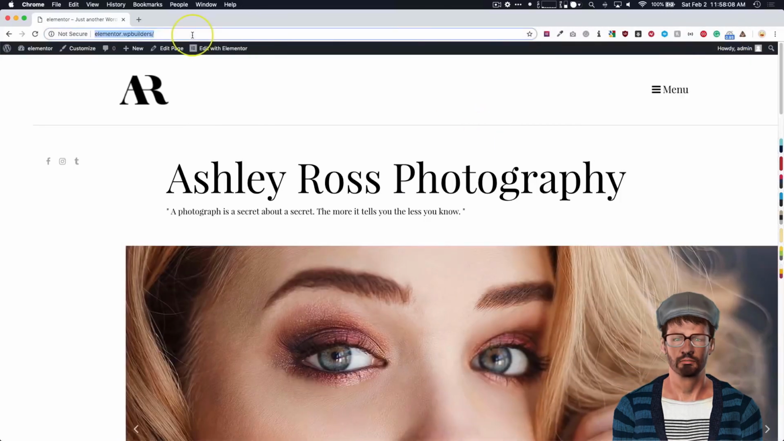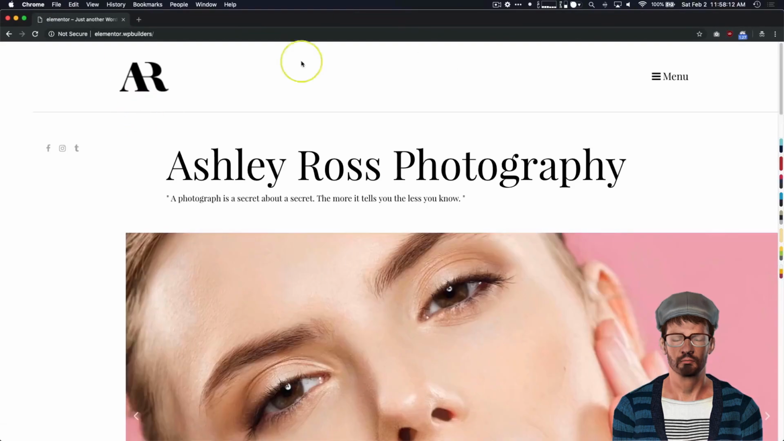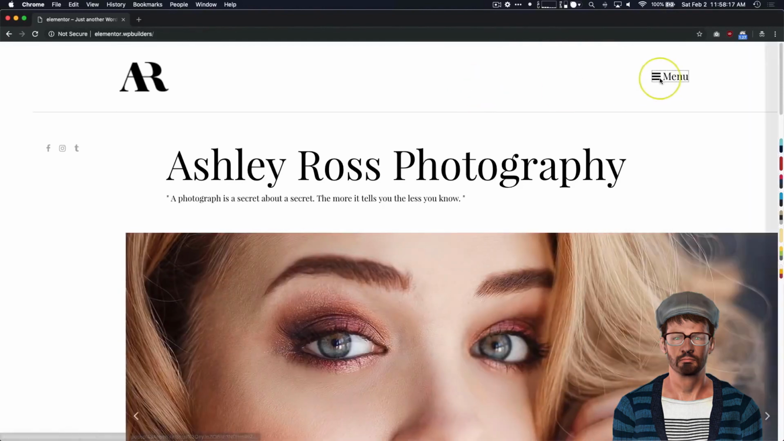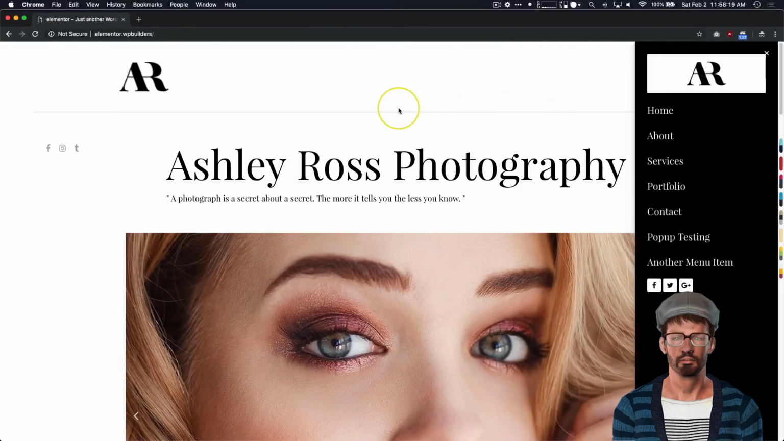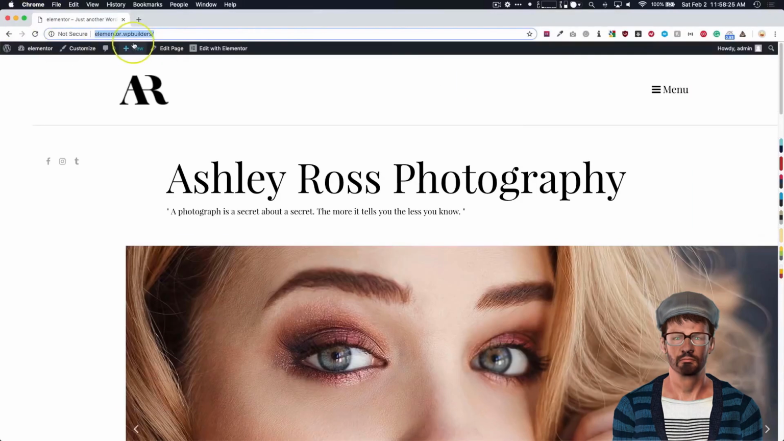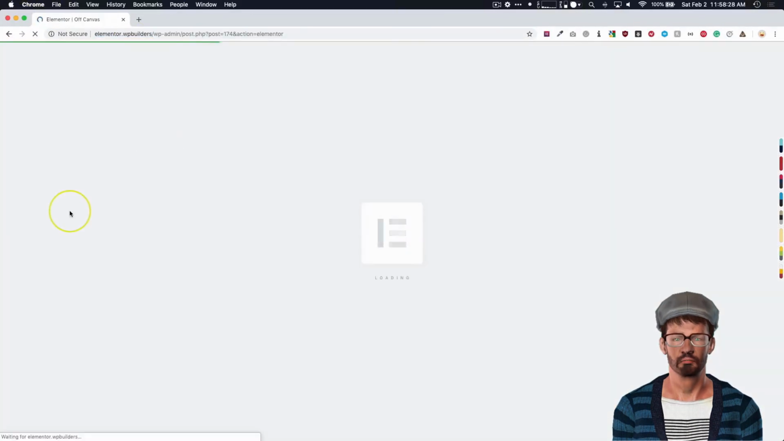Let's see what this looks like on a regular site when you're not logged in, so it doesn't have that admin bar. There we go. There is our off-canvas menu. We could change the animation speed as well. So if we want it to be a little bit of a quicker pop-in than how slow it is now,